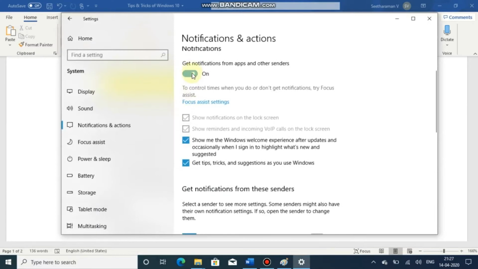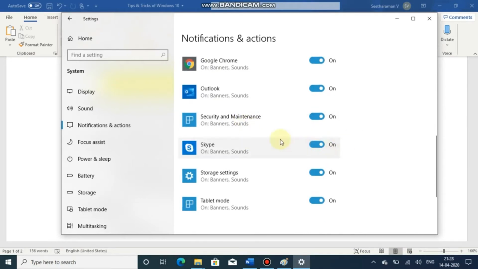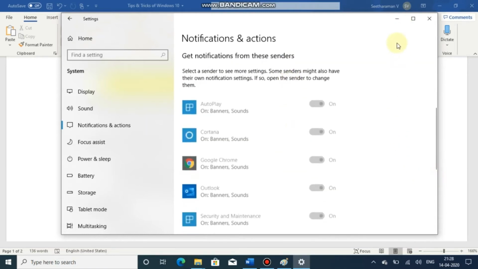In that, if notifications are enabled, the applications listed below will notify you in Windows. You can disable that. By default it will show some Windows related updates. So this will increase the performance of the PC.